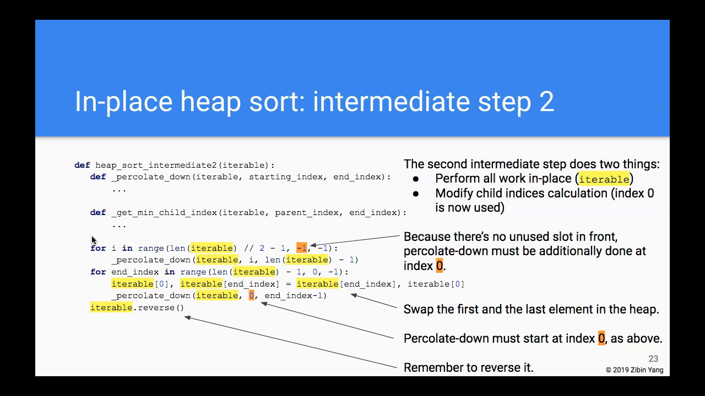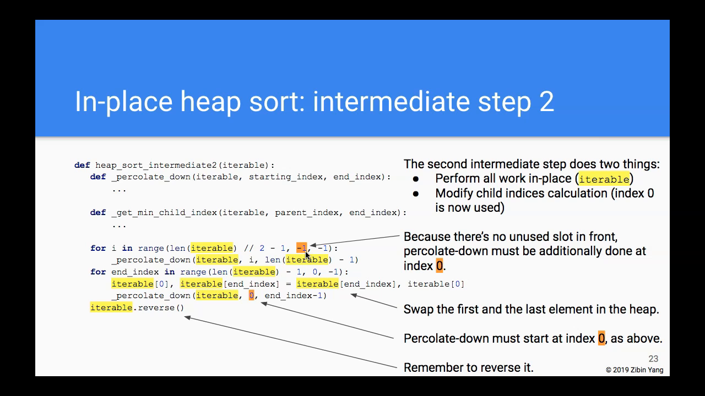So as you can see, I no longer have to prepend a None in front of the input. And the second thing is, because of that change, we have to modify how the child indices are calculated. And if you look at the main body of what the in-place heap sort does, one of the changes we have to make is, in the heapify process, the order heap used to go to just